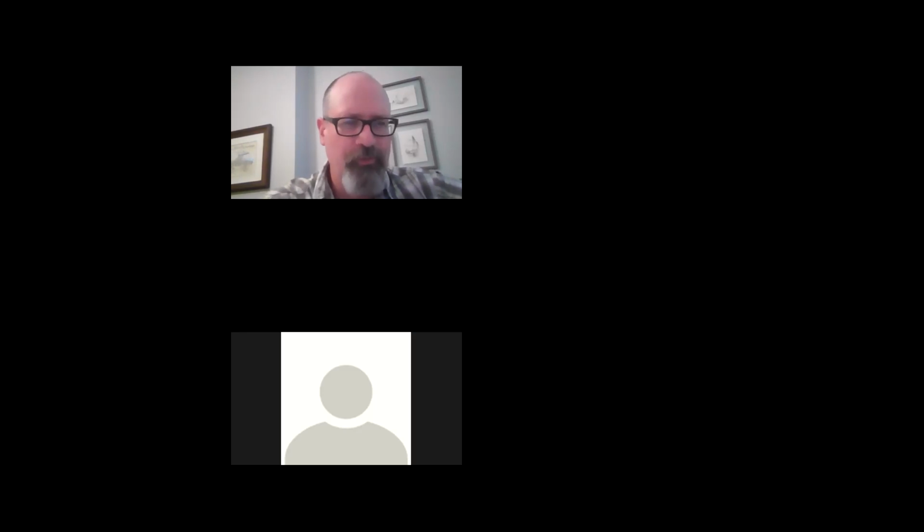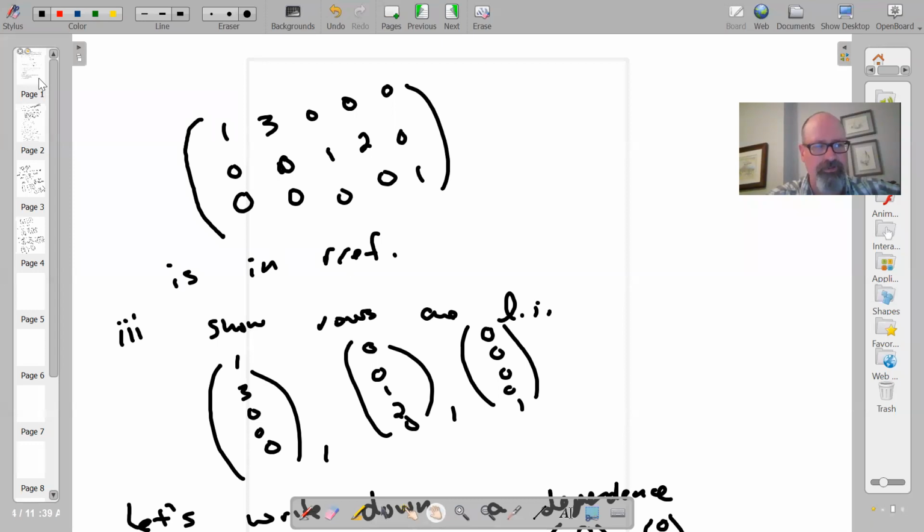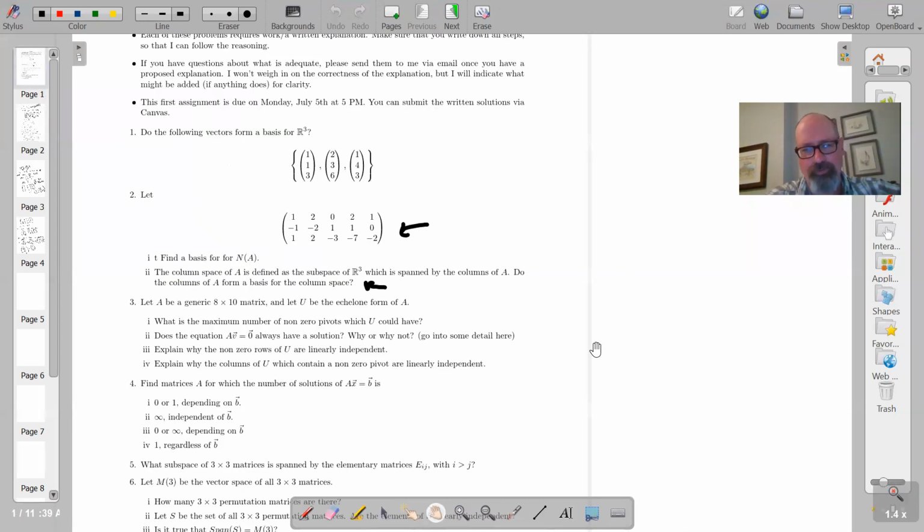Look at the form of a reduced row echelon matrix. Pause for a moment to think about why a statement like the non-zero rows of a matrix in reduced row echelon form are linearly independent as a set of vectors. Think about why it is. It's the structure of the matrix, which is basically giving the result. The ability to solve a system of equations uniquely for the 0 vector. That's really what we're talking about here. So, pause for a moment, think a little bit about it. That might take time, but it's worth going back and considering.